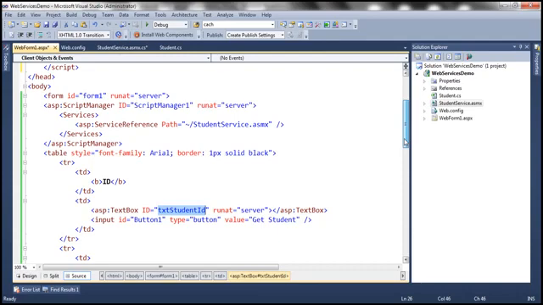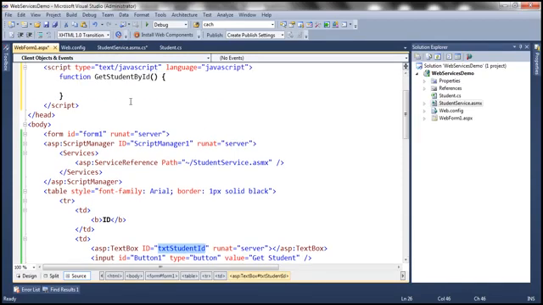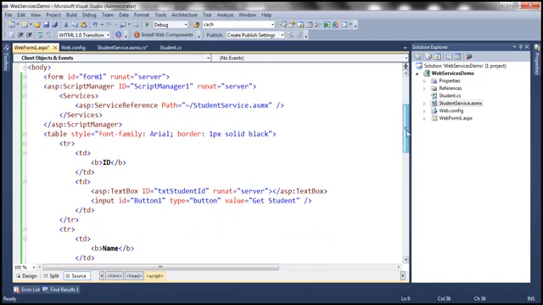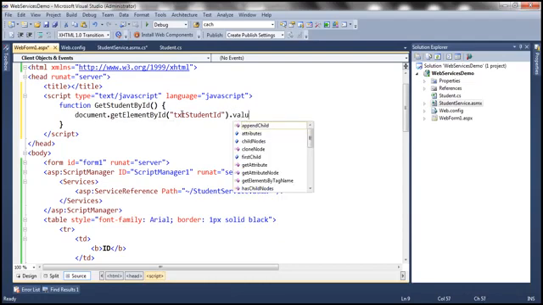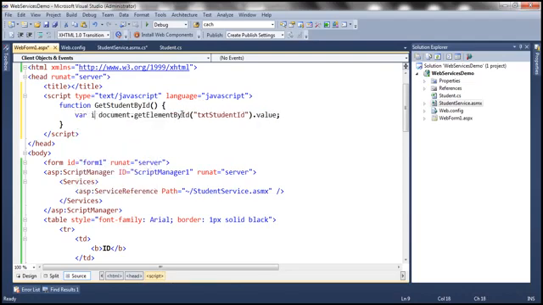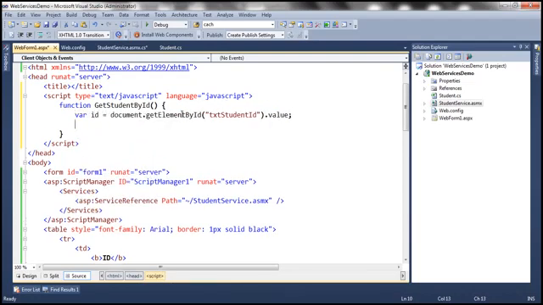So using JavaScript, we need to retrieve the value from the text box, and in order to do that, we use the document object. So document.getElementById. So what is the ID of the element? txtStudentID. And then .value is going to return the value that is present within the text box control. Let's store it in a variable called ID, and then all that is left is to invoke the web service